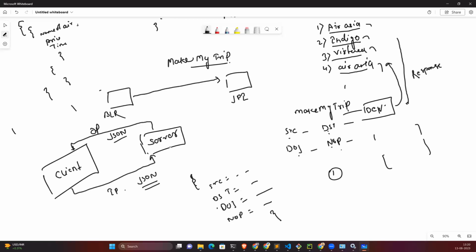Because if I give the code to you, tomorrow you can build your own Vistara, right? You can build your own Indigo. So what is the security here, right? So they made this agreement: I will not give any kind of code, but I will give the endpoint, and that endpoint you can consume at your end, and you can do all sorts of things, right?